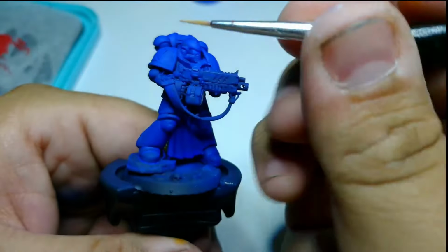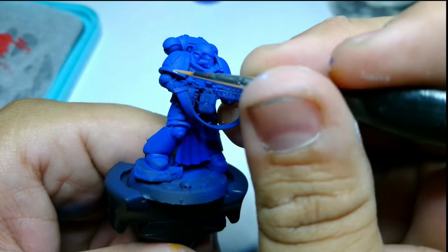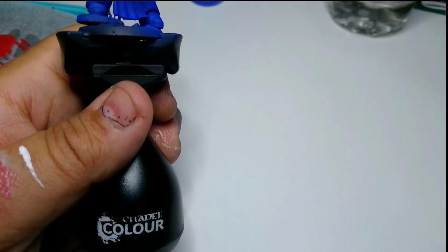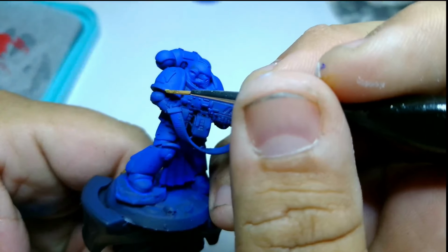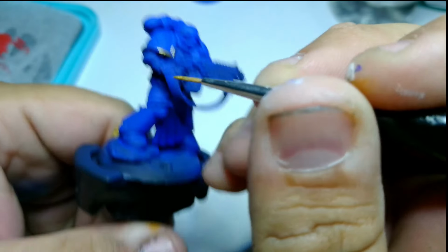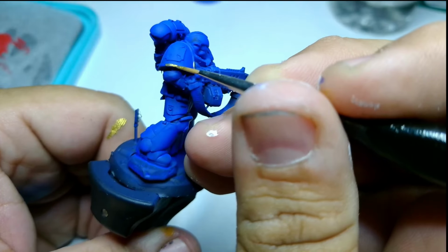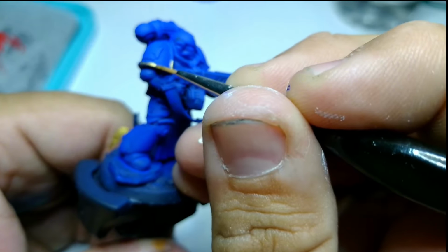Now, starting off, we're going to use the gold to do some trim work. Nice and easy, nice and slow, not too fast, not too hard. Making sure that every brush stroke is nice and easy. Now, making sure that this is a nice, even coat. You're going to go back and do this about 1 or 2 more times, depending on how well you want